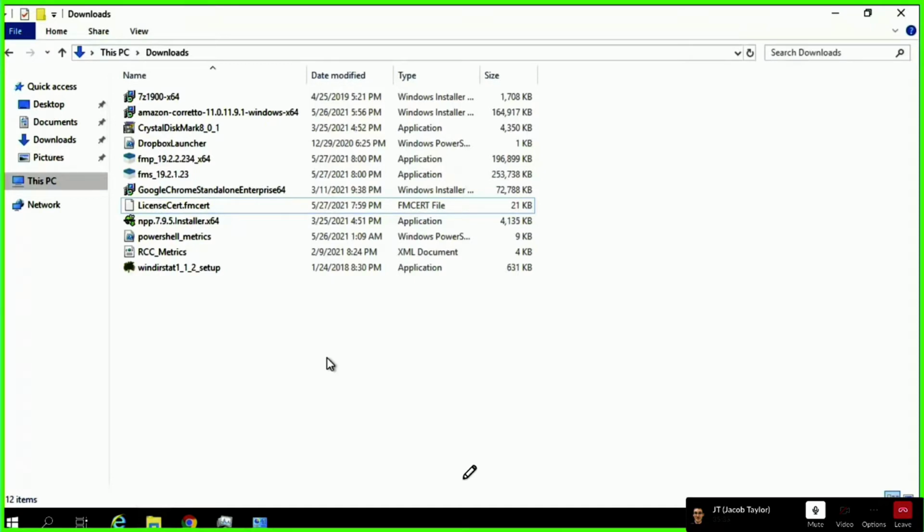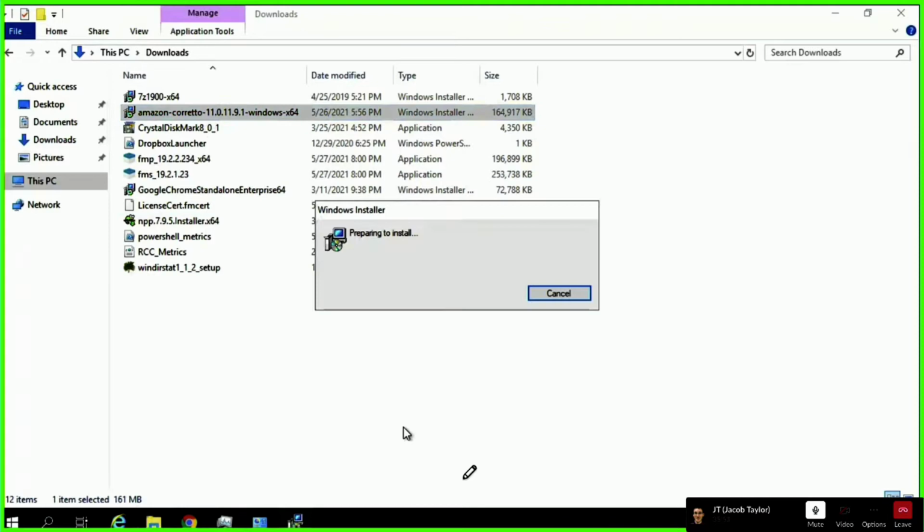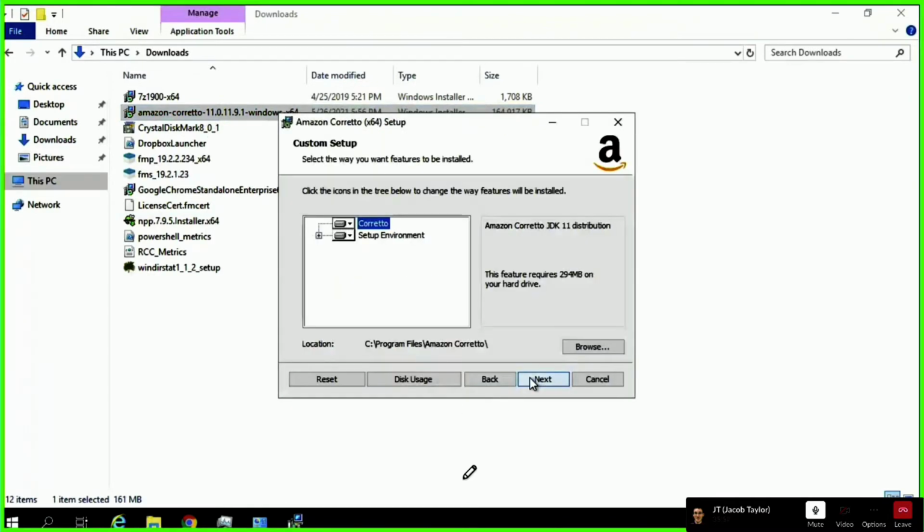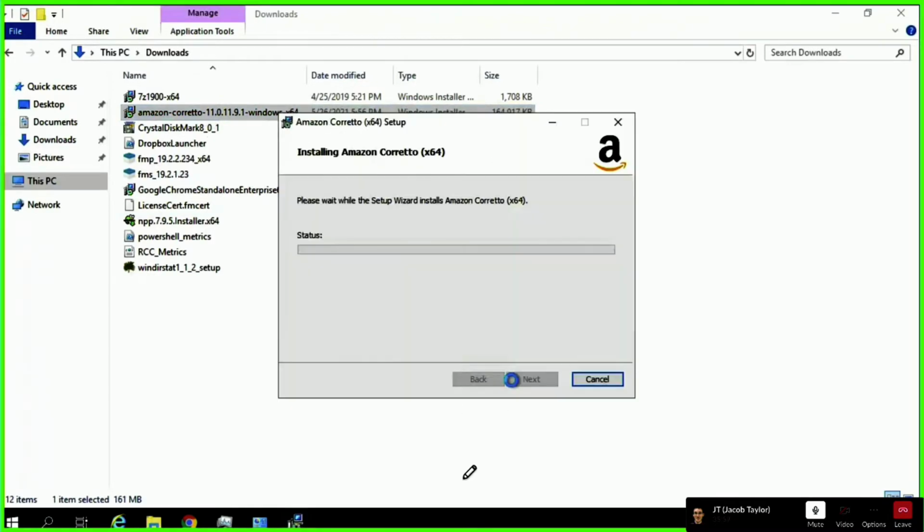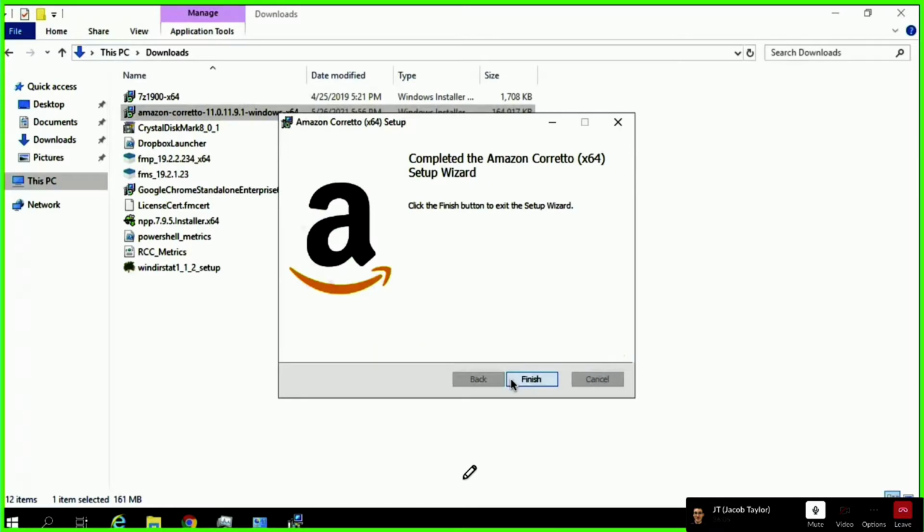The one that RCC kind of endorses, if you want to call it that, is Amazon Corretto. It is exactly equivalent to the Oracle Java you guys maybe used over the last 20 or 25 years that it's been around. It's basically the same thing. It's just Amazon makes it instead of Oracle or Sun back in the day. Also, I like it because I can, well, you'll see the install here. I'm going to click next maybe 3 times. And then we'll wait for the progress bar, and that's it. So